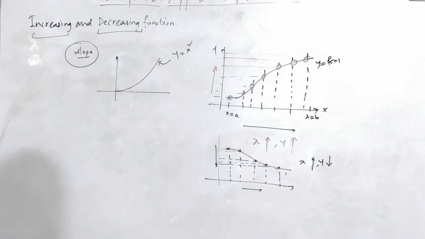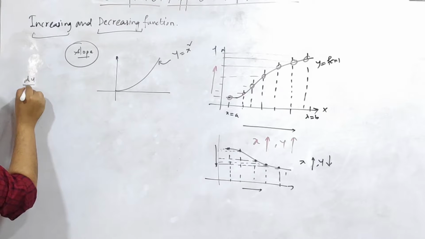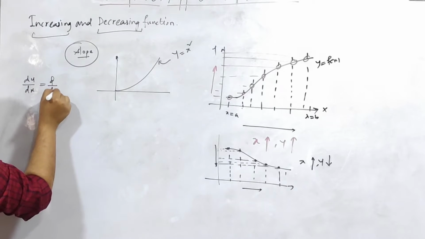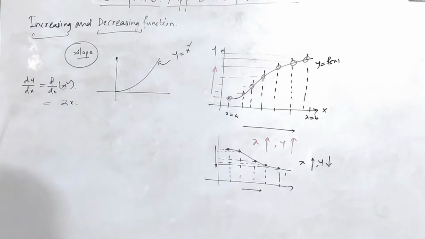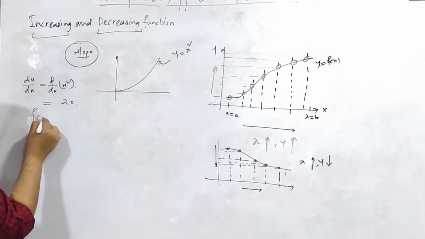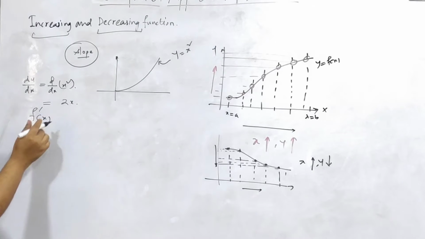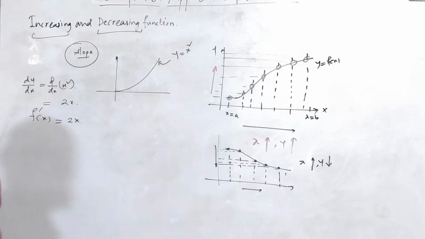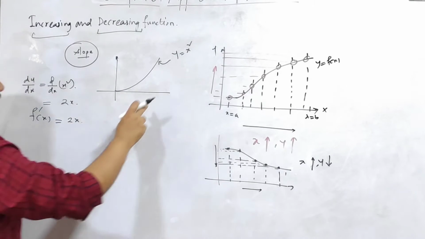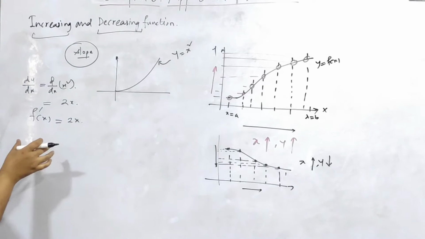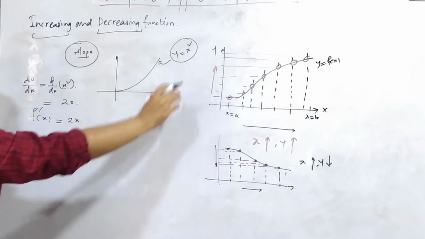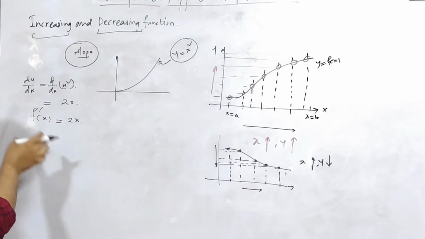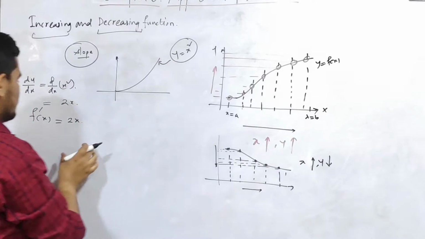As such, we first need to derive this function, which is d/dx of x square. So it will have the value of twice x. So I can write derivative as f dash x, which will have the value twice x. Now the method is that when you are going to find out whether a function is decreasing or increasing, you will always be given a function. This is a simple function, but you can be given a very complex function also, but the steps remain the same.